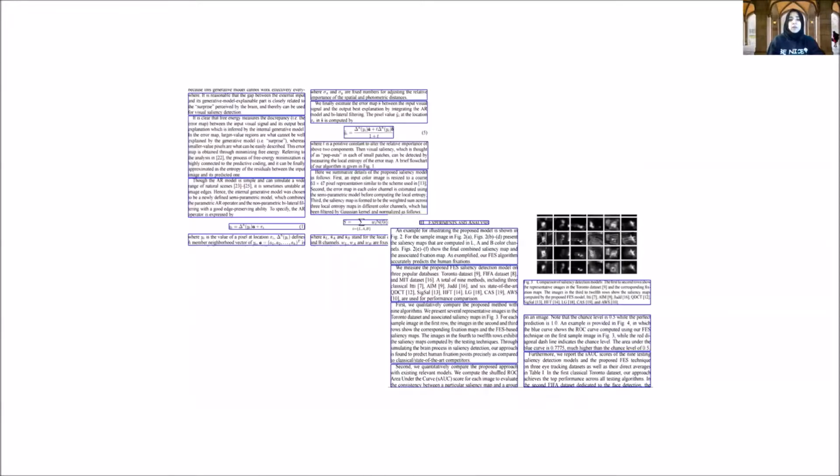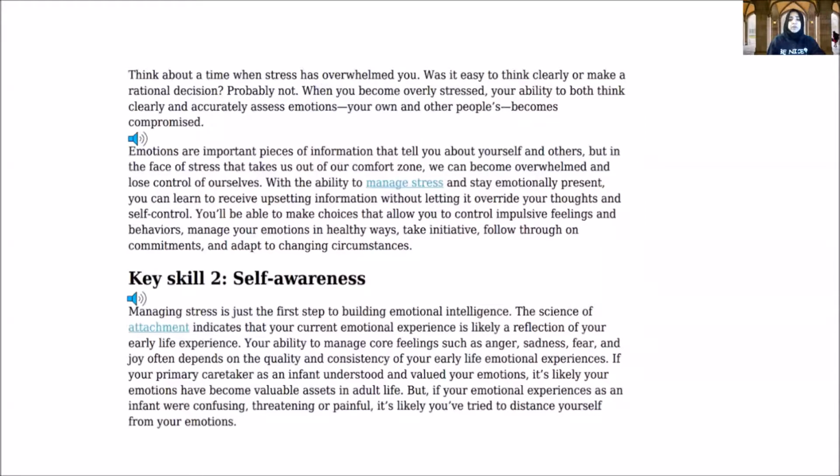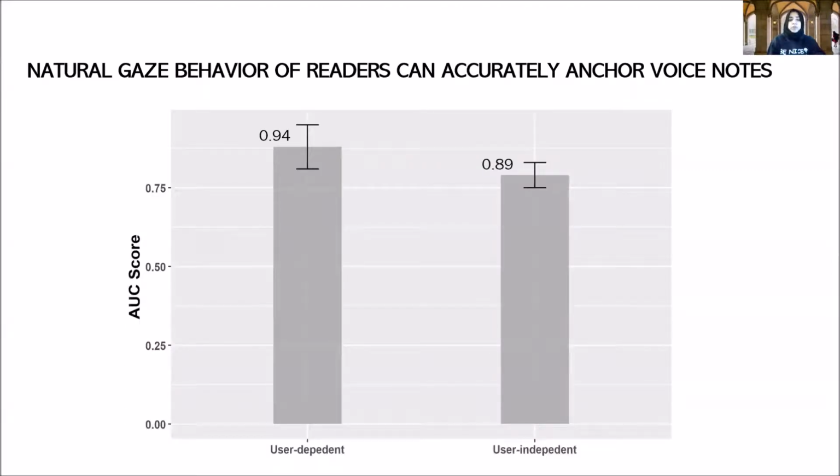Following, we used computer vision techniques to extract text passages from the visual stimuli the participant had read during the data collection session. After this, we engineered 15 spatially based gaze and temporal features which reflected participants' visual attention during reading and their note-taking patterns. The extracted features were then trained on a random forest model to predict the text passage for anchoring notes. Our results showed that the proposed approach of leveraging readers' gaze patterns achieved a high AUC of 0.89 for anchoring notes.